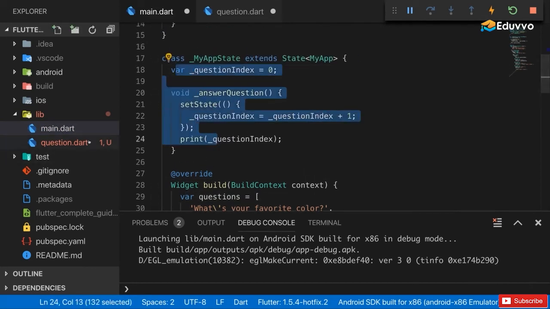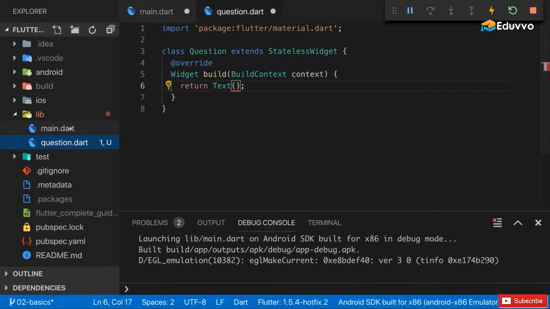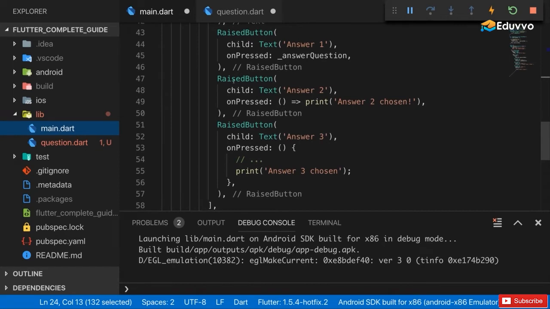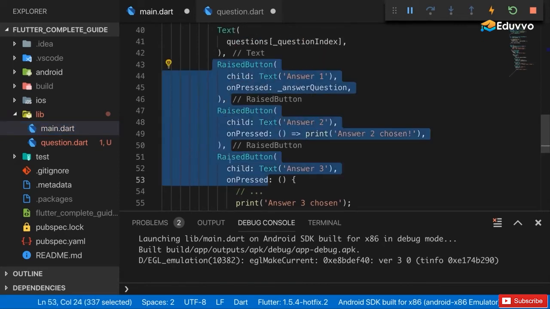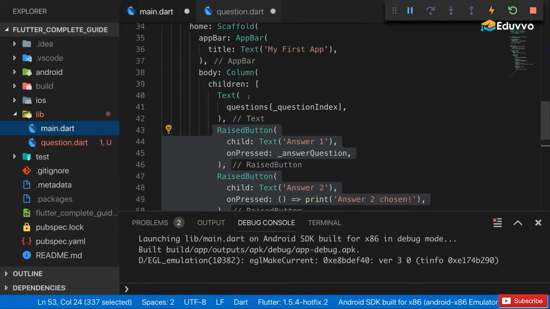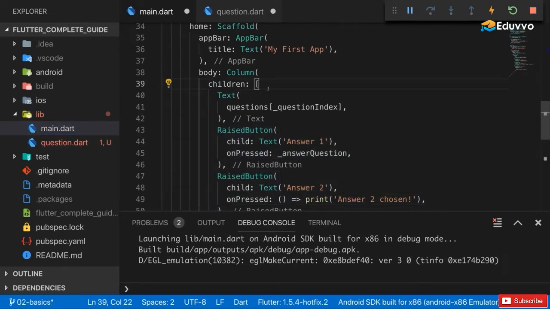Now, you could move that into the question widget as well, but we'll later also need it for our answer buttons, and actually already the answer buttons are in the main.dart file. We could move them into the question.dart file as well, but then we effectively would have moved basically everything from the main.dart file into the question.dart file,